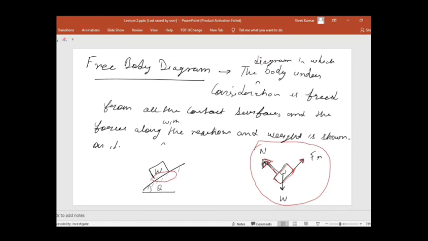If you are able to draw the free body diagram, then 50% of the mechanics is solved. ठीक है, अगर आपको फ्री बॉडी डायग्राम ठीक से बनाना आ गया, then आपने आधी मैकेनिक्स जो है कंप्लीट कर ली, आधी जंग आपने जीत ली। ओके, यहां तक आप लोगों को किसी को कोई डाउट है तो बोलिए।